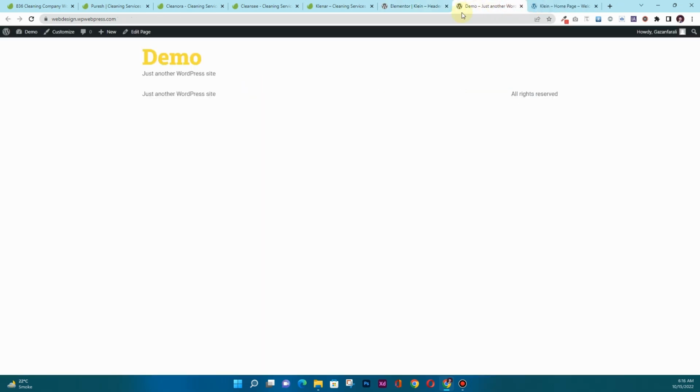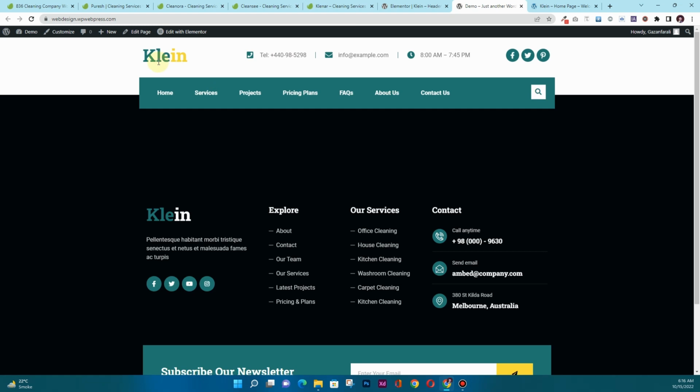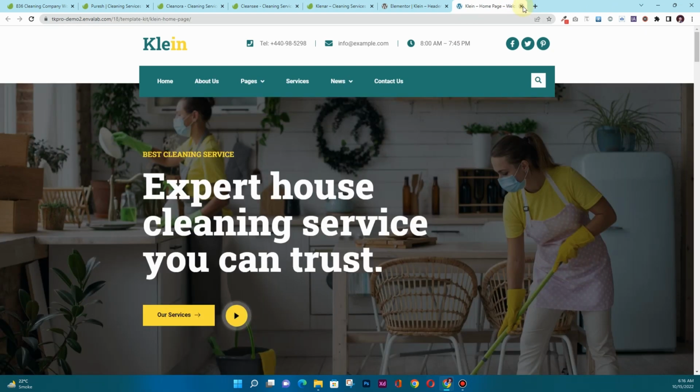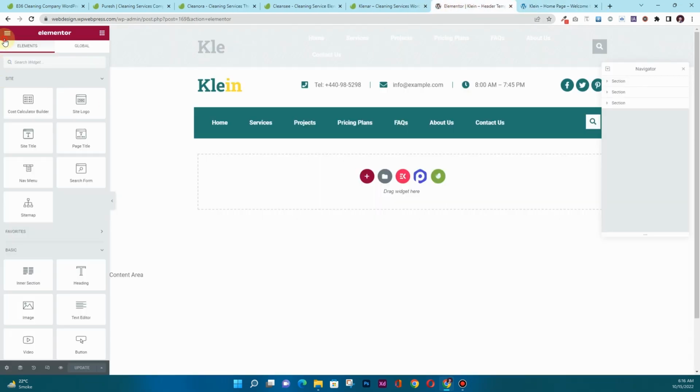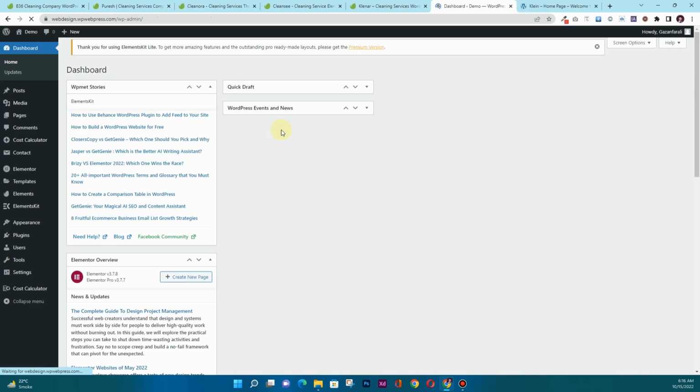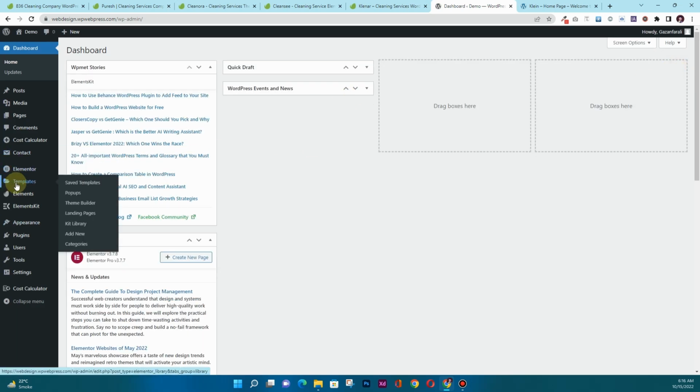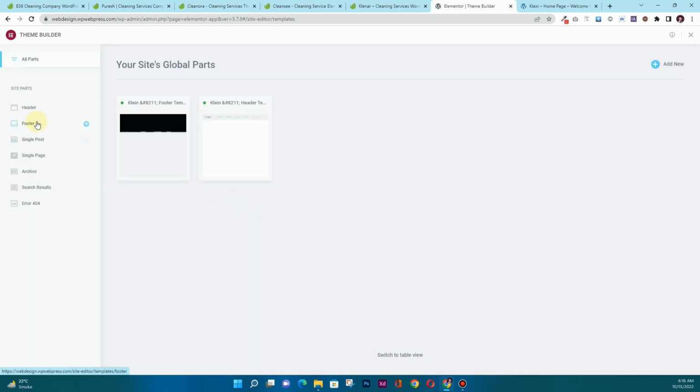And now if I go back to the front end of my website and if I refresh this, now you can see our header and our footer is appearing correctly there. Now the next thing that I want to do, maybe in your case what happens is that you will have to set up the header separately and then the footer separately. If your footer does not show up like the way mine did, what you will have to do is to go back to templates and then theme builder and then from footer